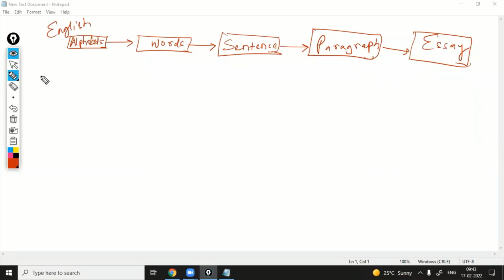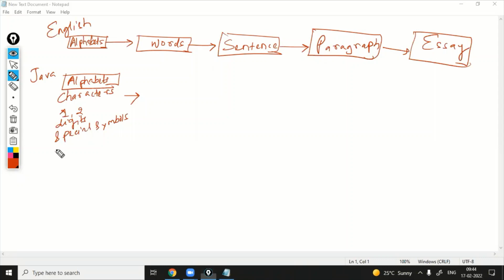If you talk about a programming language like Java, what are we going to study first? We have to study what the alphabets are. You can say characters. So in characters, what are there? Alphabets are there. Digits are there, like 1, 2, 3. These are the digits. Then special symbols are there. We have to learn this before going to write in a programming language. These are the first step: what are the alphabets, what are the characters, what are the digits.